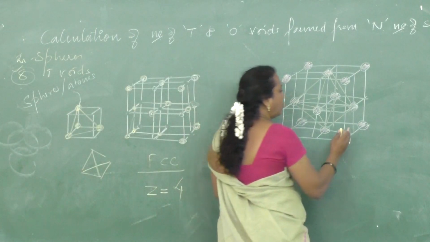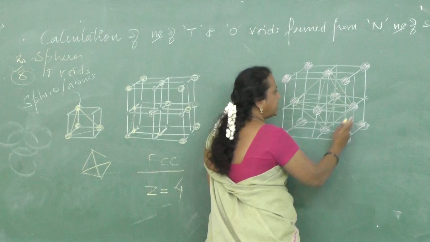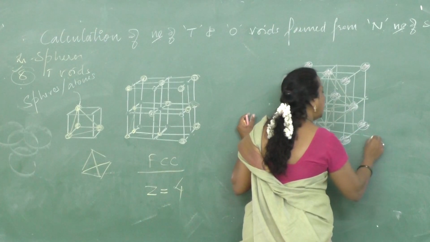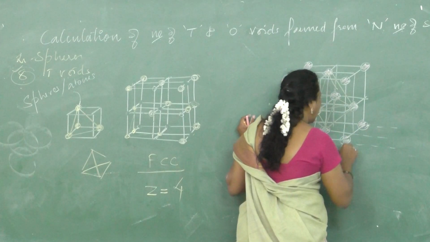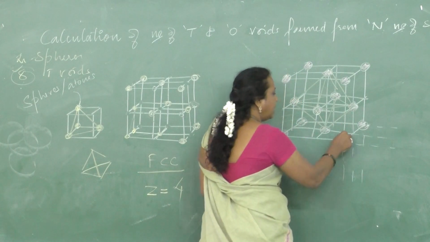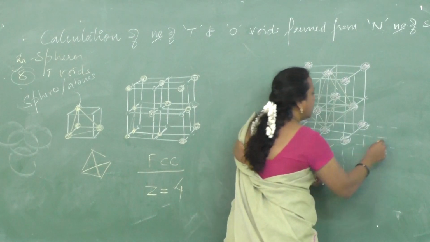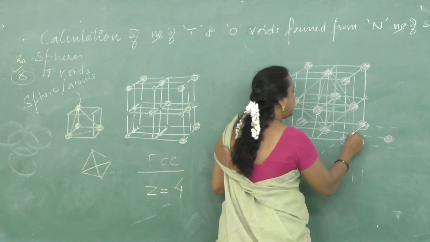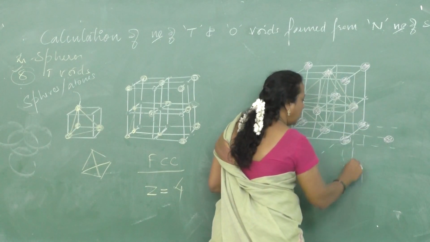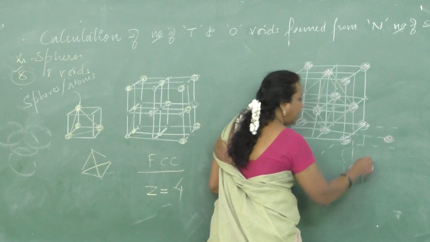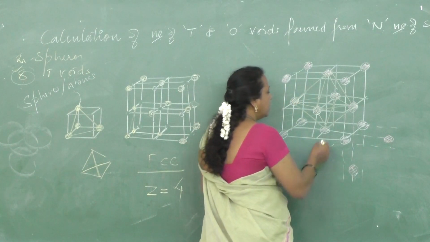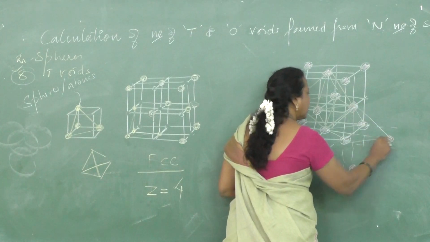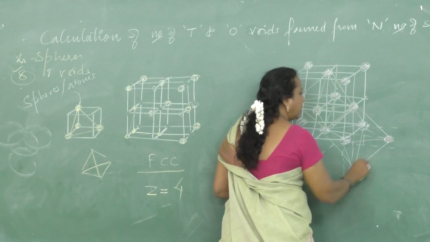And one more octahedral void I will show you. Octahedral voids around the unit cell are shared with the neighboring unit cells. I am going to show you by extending the cube. Like this I am going to extend the unit cell and show you the other one. Okay, other void. So this is the neighbor face center particle. This is face center particle. One more face center particle. Okay, neighbors the face center particle. So this is the octahedra. Did you get the octahedra?